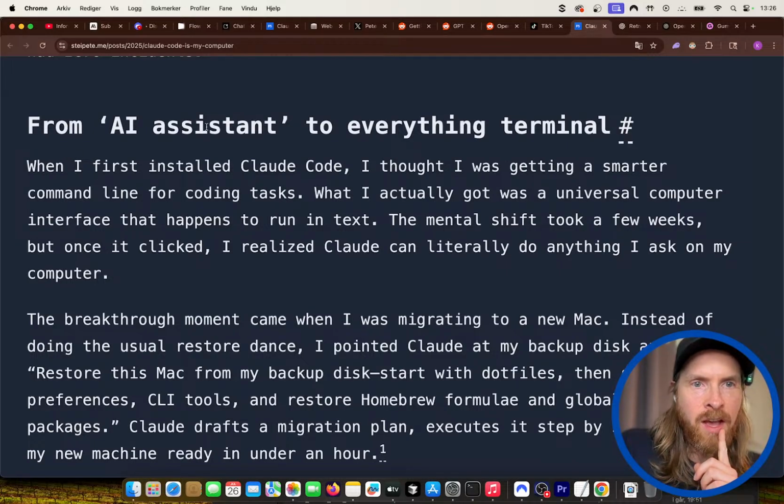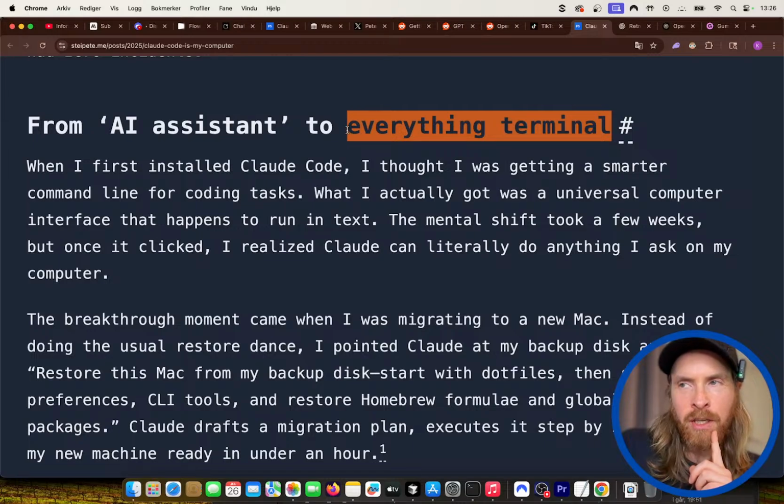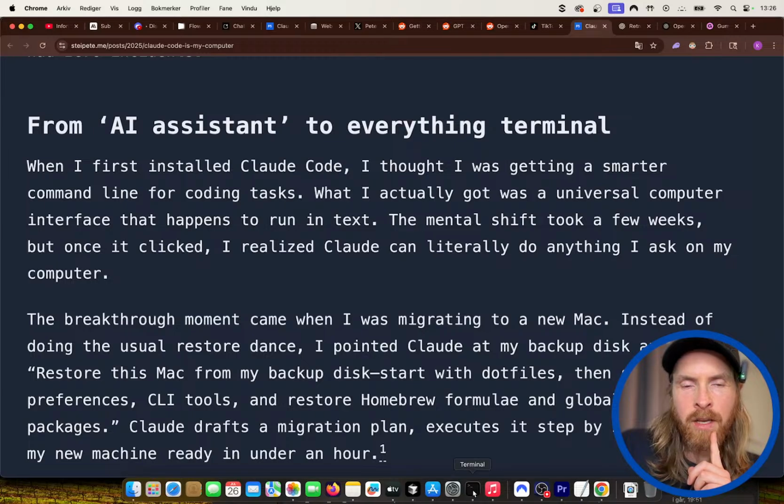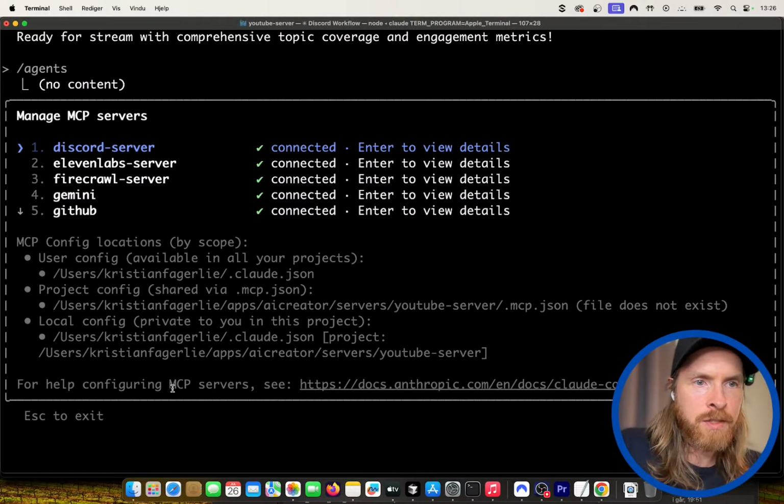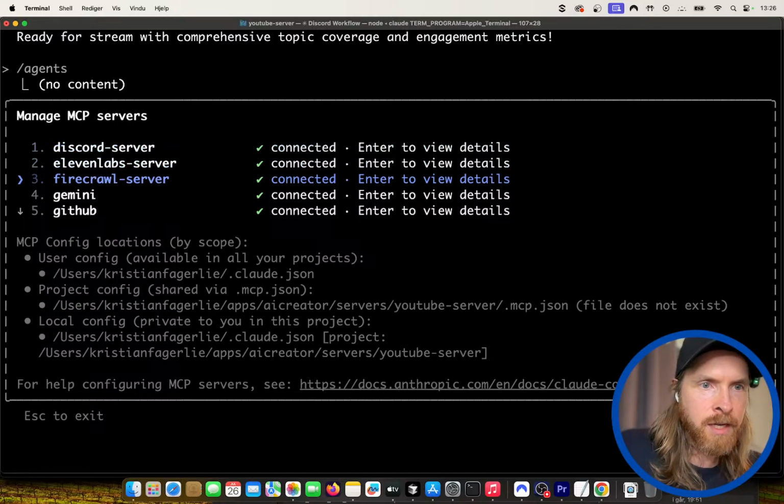So from AI assistant to everything terminal. This is kind of what I've been trying to do with Claude Code, making it into an everything terminal. If you look at this project, I have my MCP servers. I run the Discord community. I have 11 Labs, Firecrawl, Gemini, GitHub, Gmail.